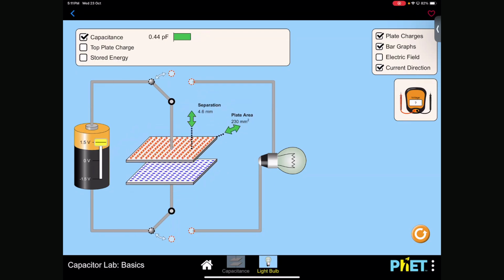As I turn on the battery, do you see that the plates became charged? There's a positive charge plate on the top and a negative charge plate at the bottom, right? Now, I can move this switch here, and this process that I just did is called charging the capacitor. So the capacitor is charged right now. I'll remove it from the battery, and then I'll connect my charged capacitor to the bulb. See what happens.